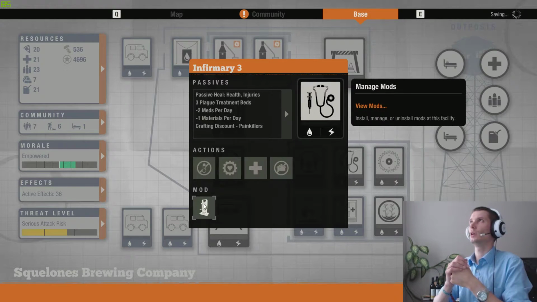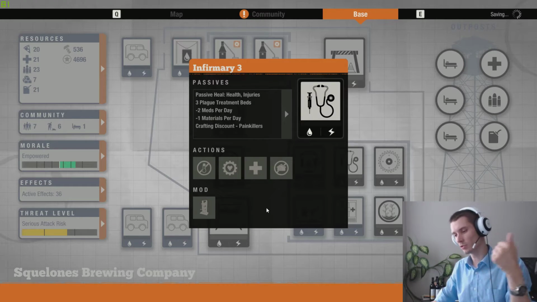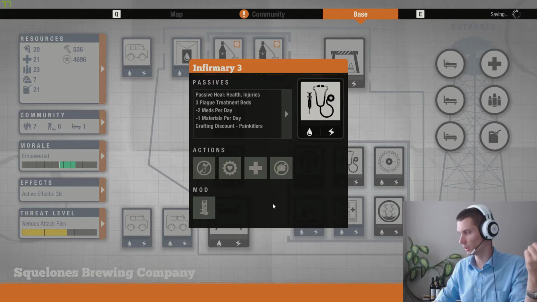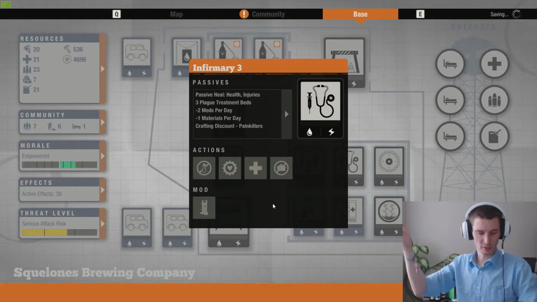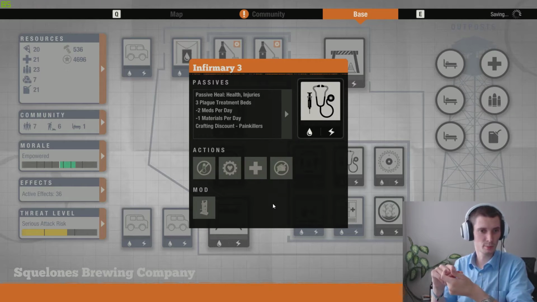That mod gives you the ability to cure injuries without having the second level upgrade, which is really crucial at the beginning of the playthrough when you don't have all the materials or you don't have to upgrade the infirmary. You can just install this mod, and all your people, if you have injuries, they will be healed, so you don't have to worry about it. And actually there's no point in upgrading the infirmary in general, because you have health coming back, you have injuries going away, and you also have this infestation being cleared, which leads to the next point, which is the